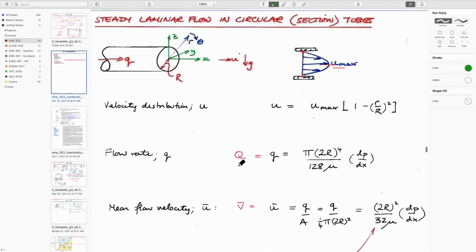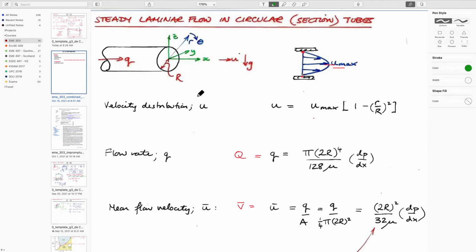If we solve those equations for simple geometries, we can come up with, for instance, an equation that gives us the volumetric flow rate in a pipe, and that volumetric flow rate is equal to 2 times the diameter to the power of 4, the viscosity, the pressure drop between upstream and downstream, and over the length of the pipe. So this would be L, and so we can get an expression that gives us directly what the volumetric flow rate is. But this is the volumetric flow rate only for what we'll call laminar flow, at flow velocities less than